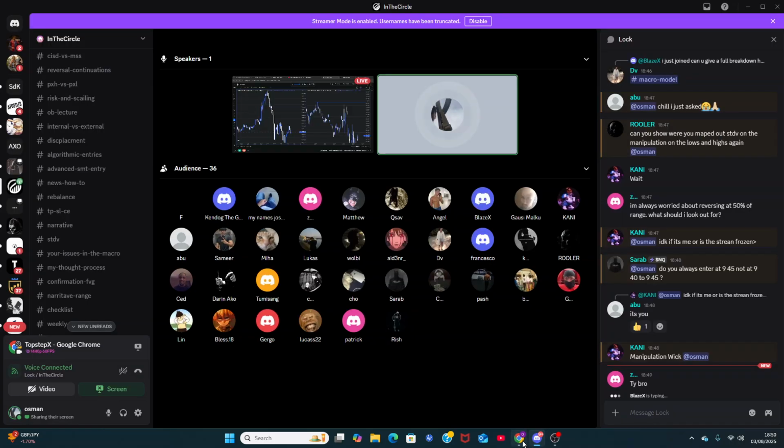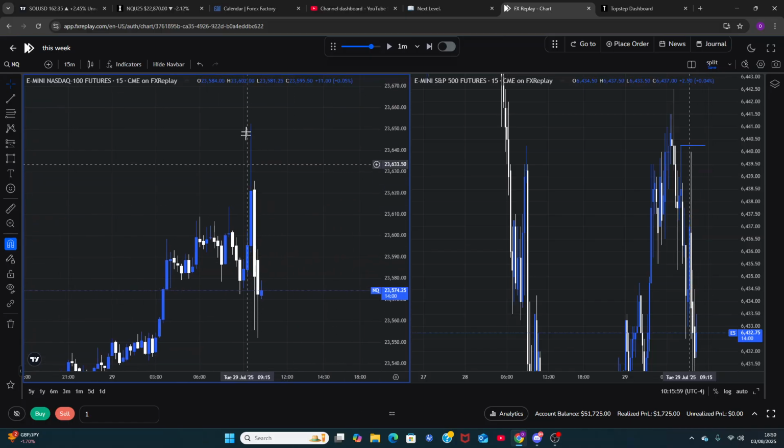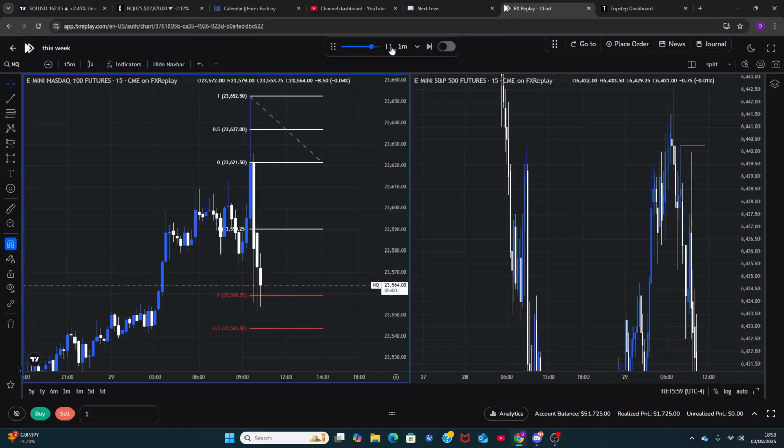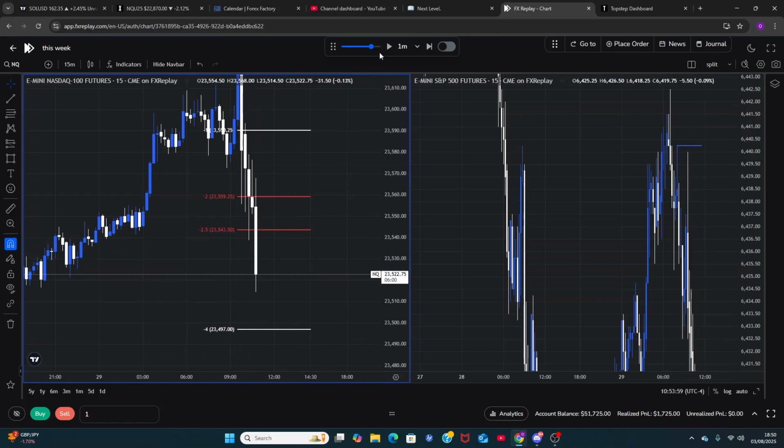Manipulation wicks, yes. No worries, bro. So manipulation wick, like you have to use, for example, here is way easier, right? This is a manipulation wick. You drag it there, top to bottom, bang, perfect target. Now price will probably go lower even more. Like look what price does. There you go. Price eventually dumps more. Probably targets -4.